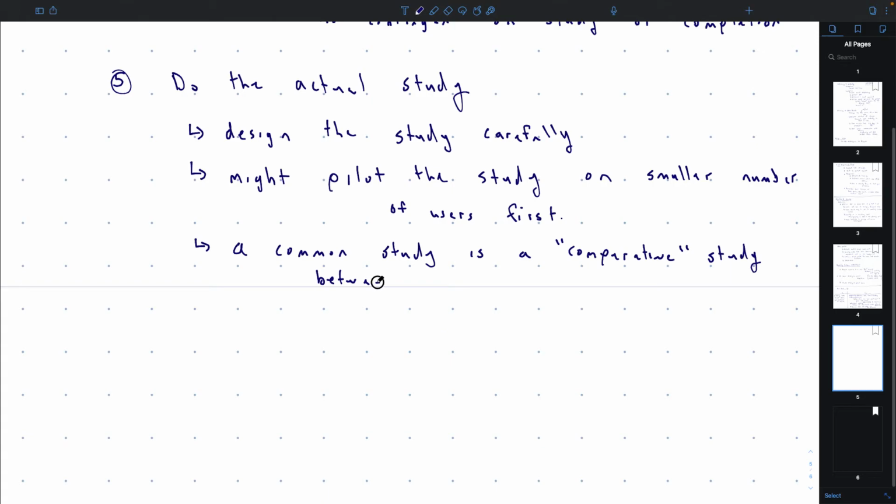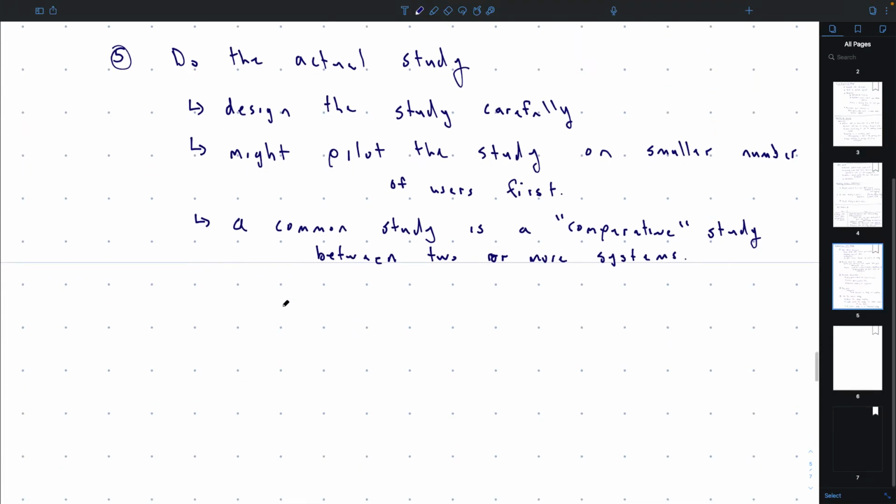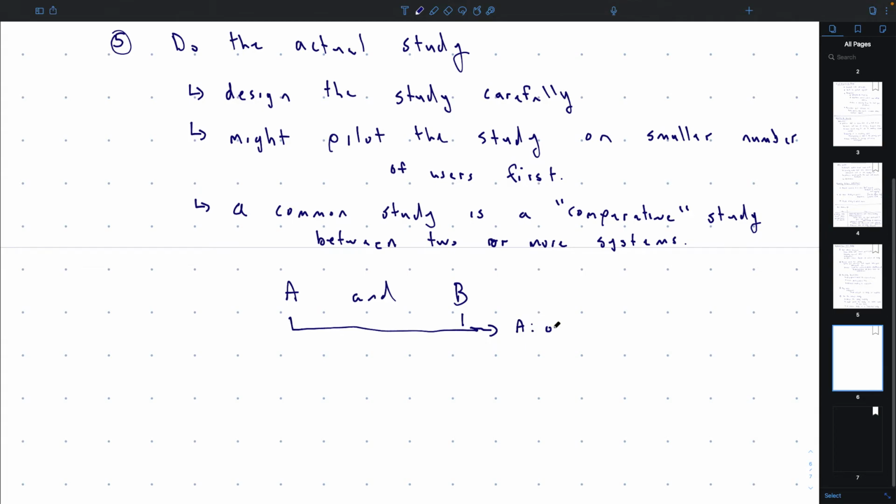So it's generally between two or more systems. Sometimes we call them A and B. It could be that A is the old system, B is the new system.